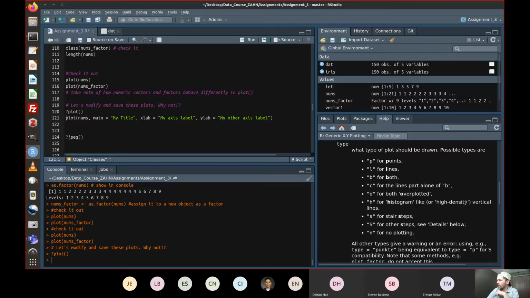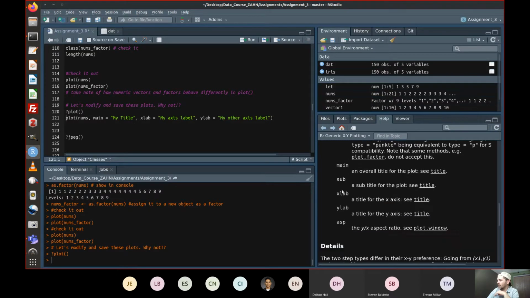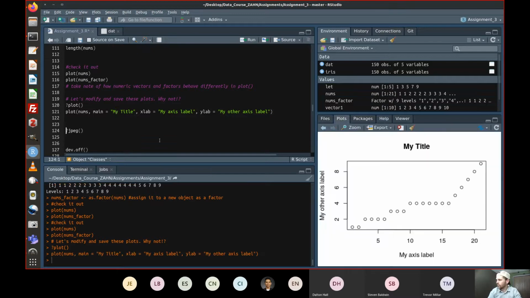You want a histogram or high density. Okay. Then here's some other things. We can give it main, an overall title, sub, a subtitle, x label, y label, and aspect ratio. We're doing asp. Okay. So if I do this line,